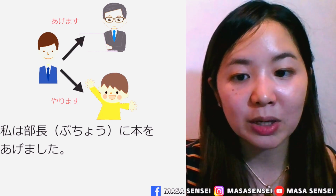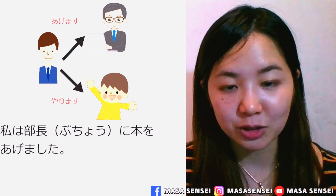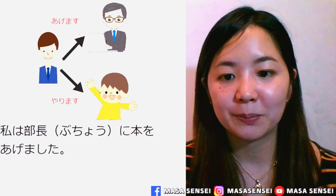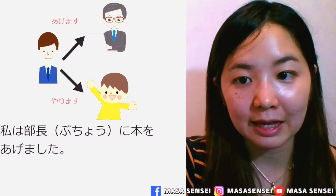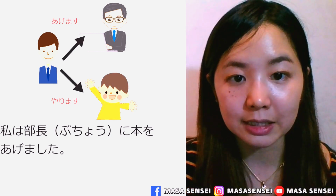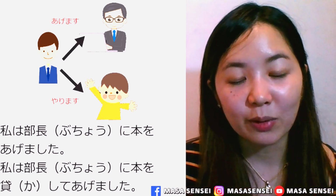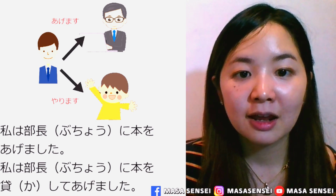Now, when I want to say, I lend my manager a book, and I want to use the nuance of I did a favor to my manager by lending a book, in this case, we use て form plus あげます. To lend is 貸します. The て form is 貸して. 私は部長に本を貸してあげました。